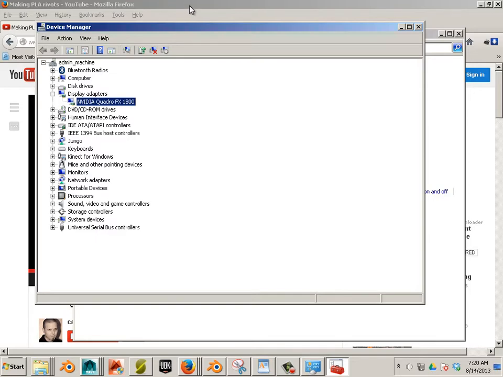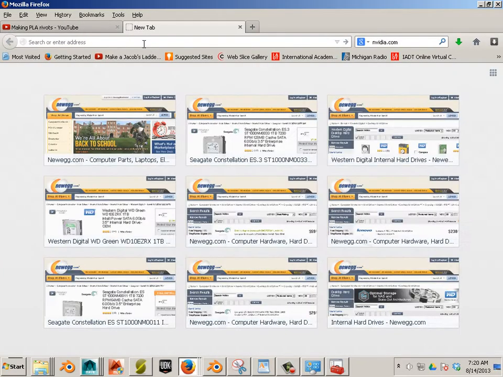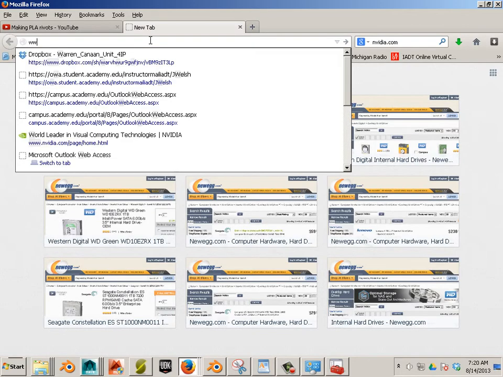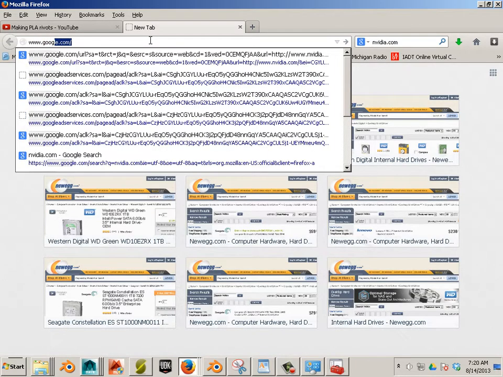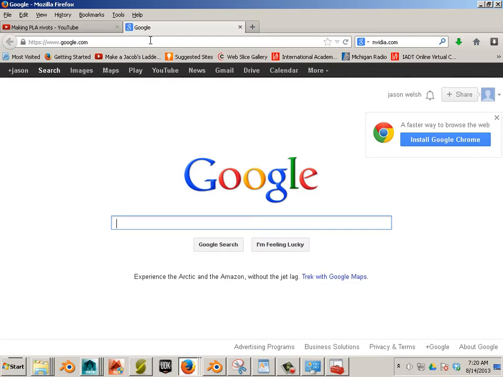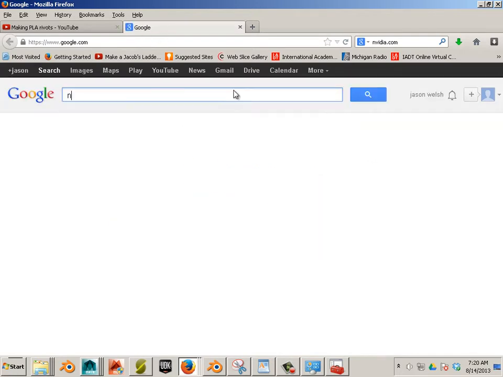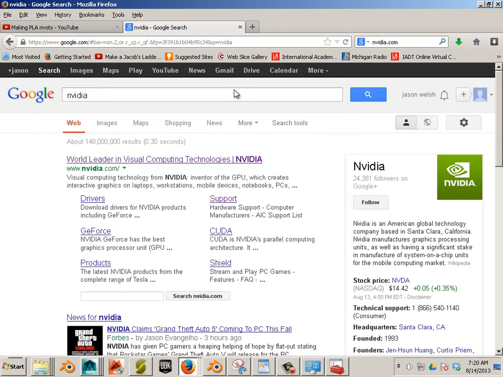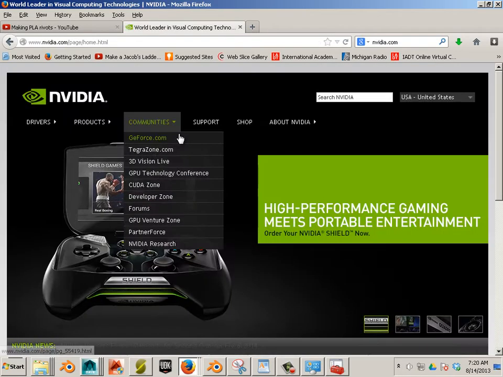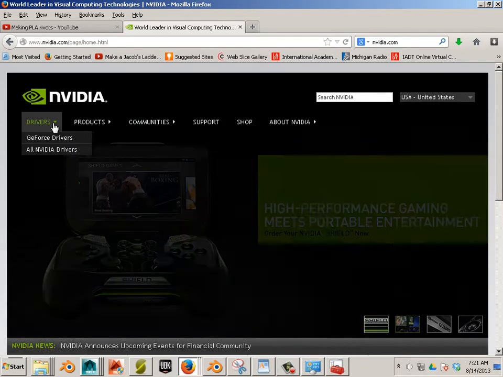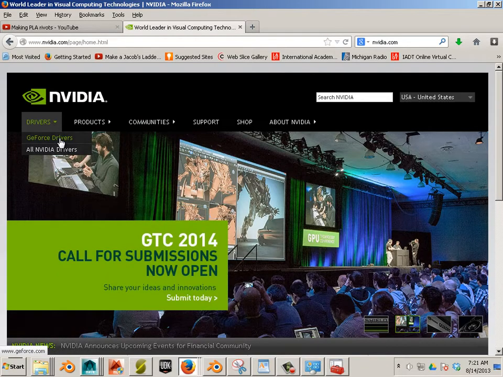Okay, so what you can do here is go to NVIDIA, you'll go to the actual manufacturer of the video card. Try to stay away from third-party sites or anything like that. So go to drivers, go to GeForce drivers,